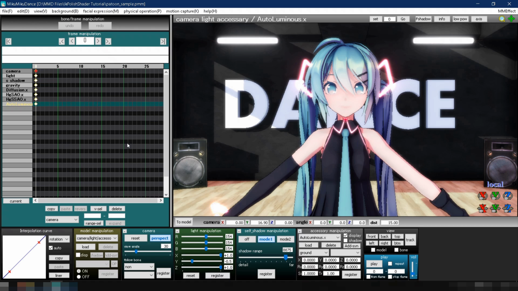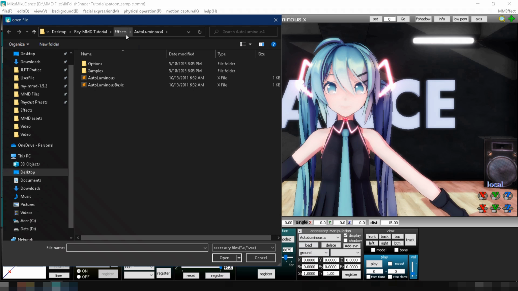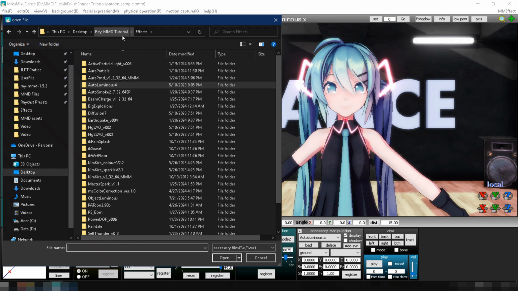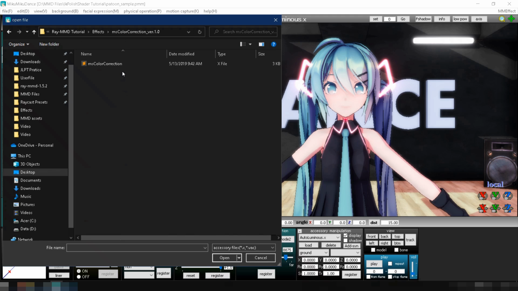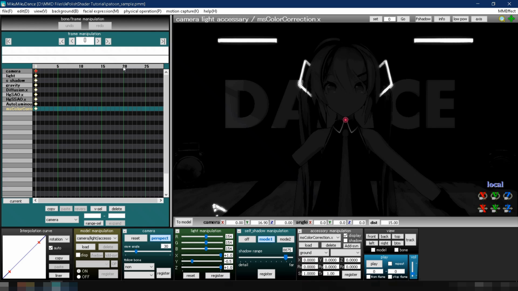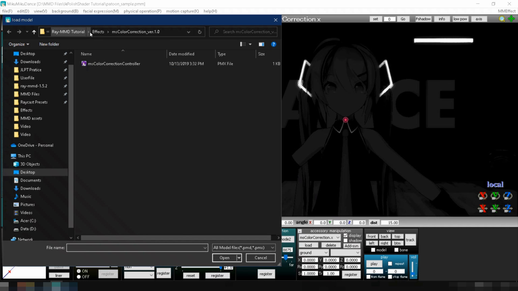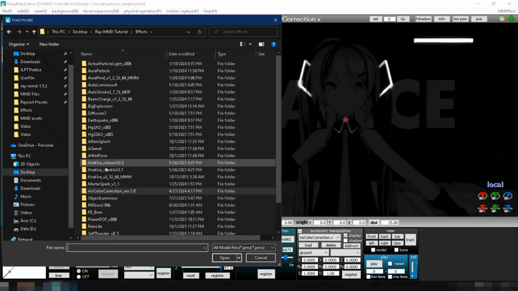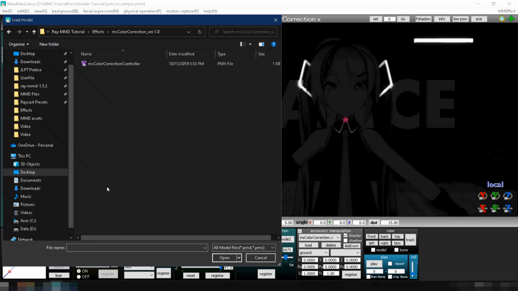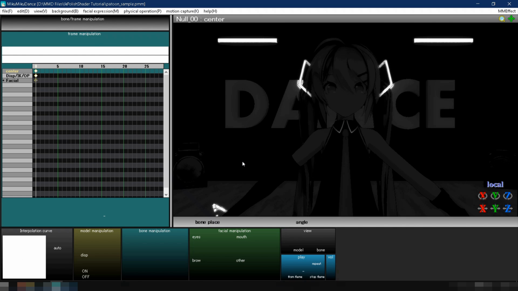Fourth, let's correct the color of the model to make it brighter. Go to Accessory Manipulation, click Load, navigate to your Effects folder, then to your MS Color Correction version 1 folder, and select MS Color Correction.x. Next, let's load its controller. Go to Model Manipulation, click Load, navigate to your Effects folder, then to your MS Color Correction version 1 folder, and select MS Color Correction Controller.pmx.